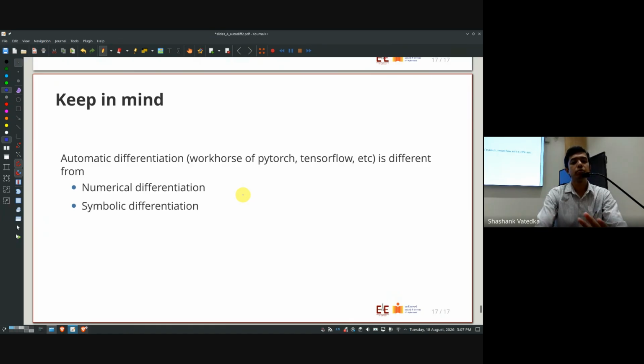But it's also different from what is called symbolic differentiation. There are other libraries or packages that try to interpret the symbols themselves, because in symbolic differentiation, you assume that there's a template of functions and they use something similar to the chain rule to find the partial derivatives